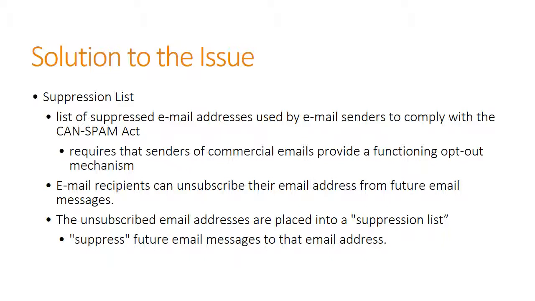There's also the notion of a suppression list. A list of suppressed email addresses used by email senders to comply with the CAN-SPAM Act is a suppression list, and this requires that senders of commercial emails provide a functioning opt-out mechanism. So once again, the notion of unsubscribing: email recipients can unsubscribe their email address from future email messages, so not only can they be taken off the list, but taken off the list definitely. And the unsubscribed email addresses are placed into the suppression list, which will suppress further email messages to that email address. So everything that would be sent from the opt-in list will be